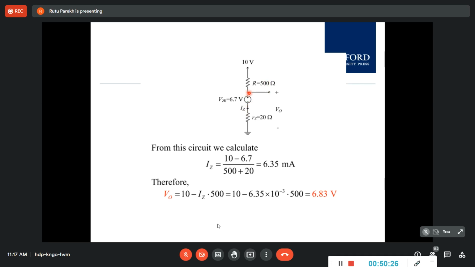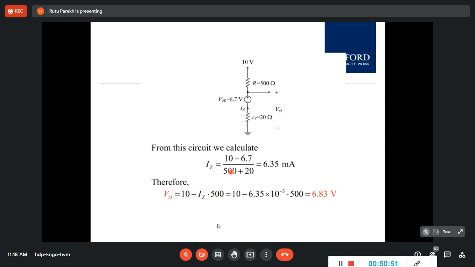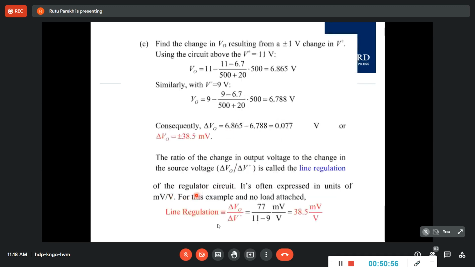Okay. If I is changing, then the voltage across these two terminals will also change. And that's what it has said, for the positive and the negative. So this is the variation, 11 to 9. If it is 11, your V0 will be this. So what is this here, what you got? This is your IZ, and the same thing that we did here. Instead of 10, it is 9 and then 11, same thing. So 9 and 11, and this will be your voltage if it is 11 volt,